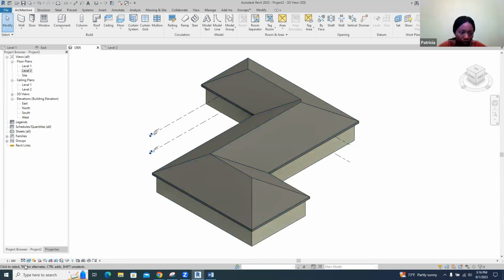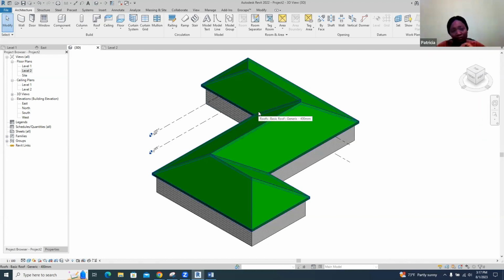see the roof there. But most times we leave it in shaded or hidden line, because the realistic takes more and makes it slower with the computer. So we leave it with hidden lines. So we have done the first type of roof, and we said when you have the roof in place, if